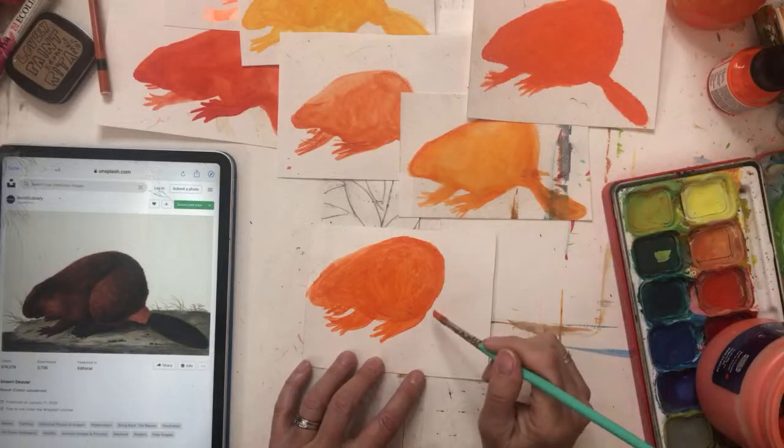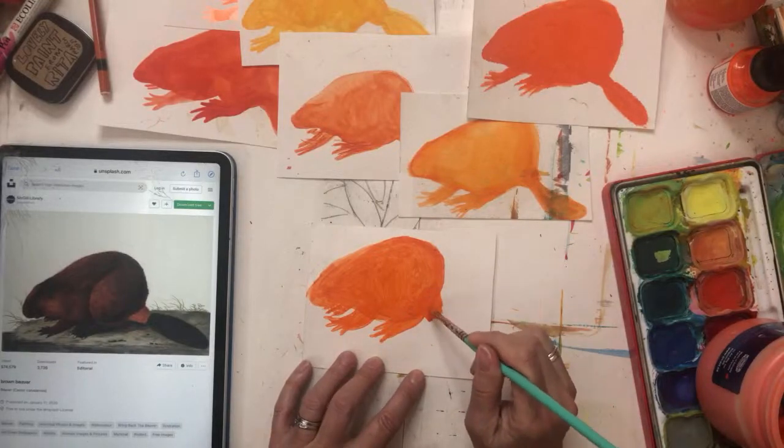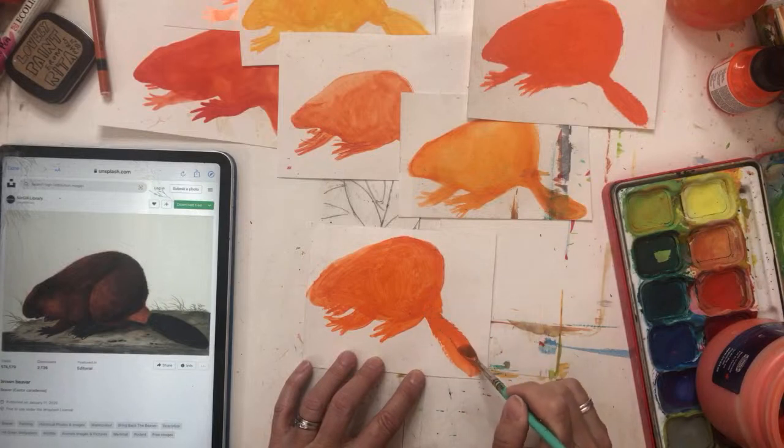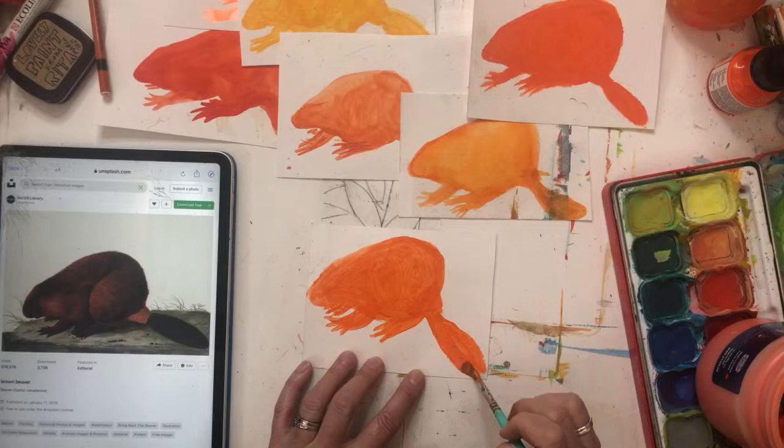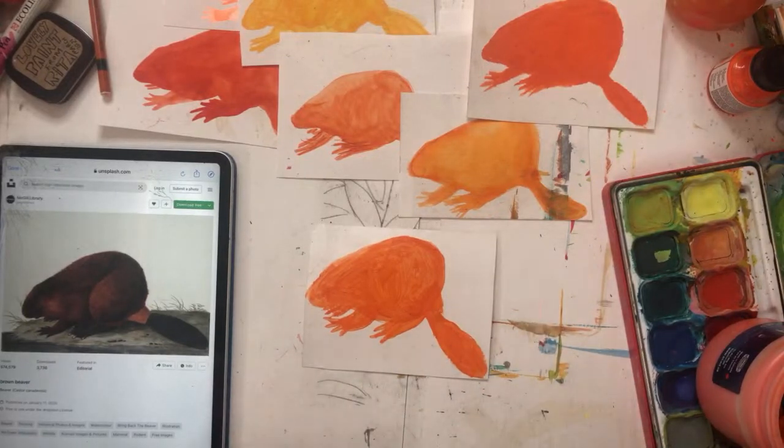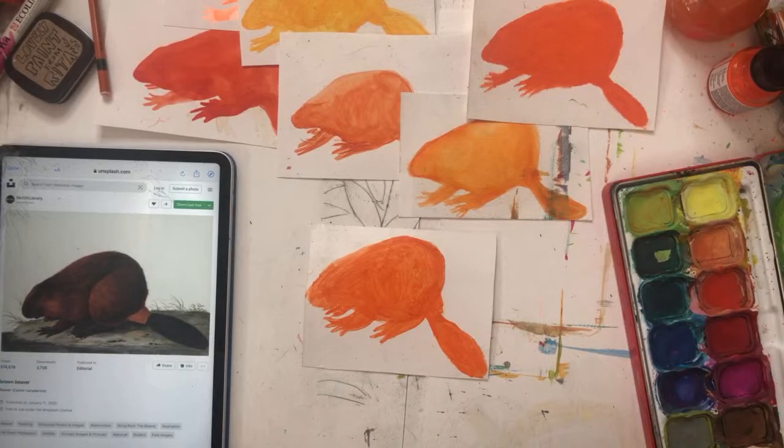And get the tail on. This one looks funny. All right. So now we have all these orange beavers. Now I've got to think about what to do with them. So if you're just joining, today's prompt is beaver, and